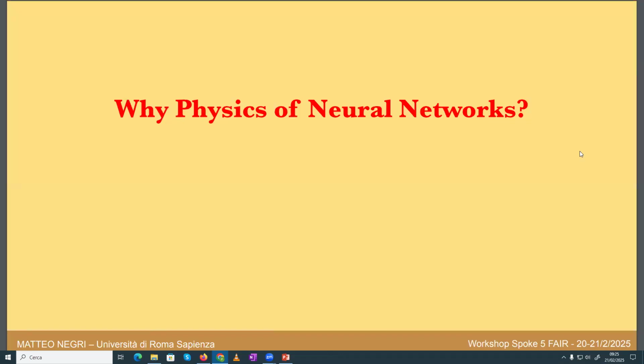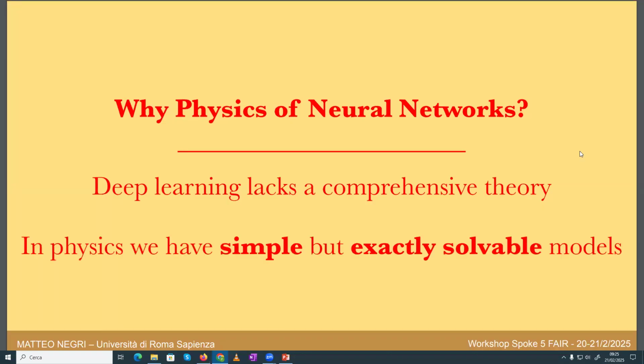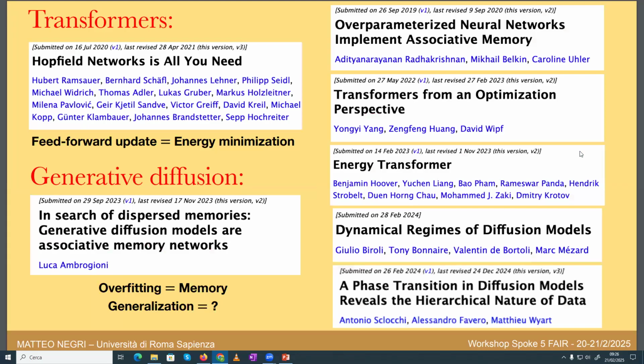So why physics in neural networks? As I said, we don't have a comprehensive theory of what's happening. So the idea of physics is, let's have a simple but exactly solvable model. And our favorite model are Hopfield networks, which recently had a Nobel Prize, so I'm very happy about this. And another motivation for Hopfield networks is that in various contexts, they pop up, and computer scientists don't know why they are interesting. So in transformers, layers of cross-attention and self-attention resemble various associative memories. And also in generative diffusion, recently there's been a lot